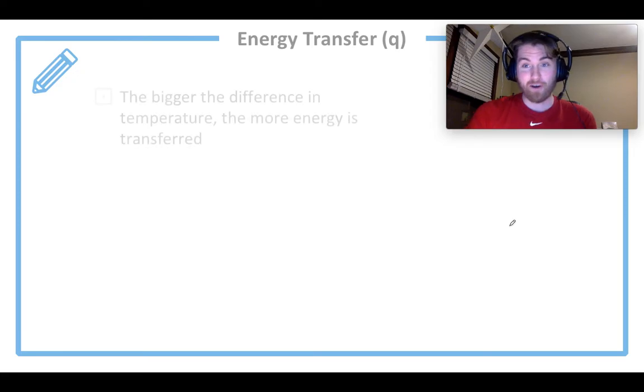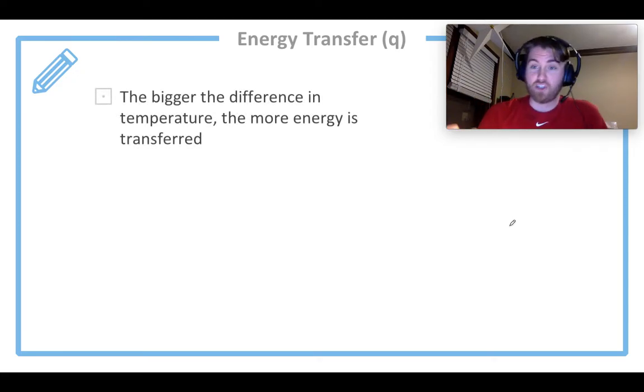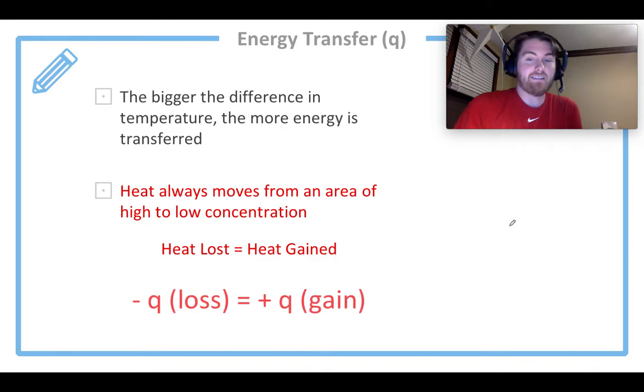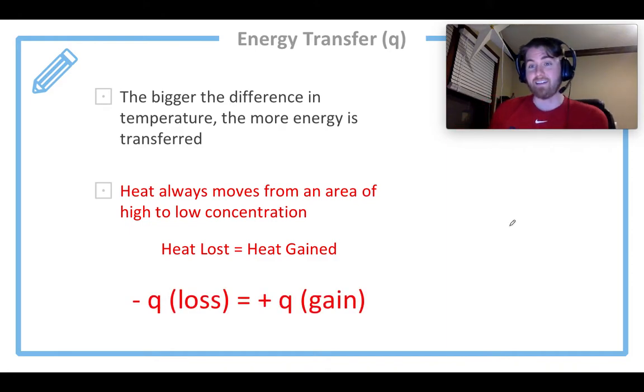Okay. So, if you actually did my experiment, you should figure out that there's a big conclusion to be made. And what it is, is that heat always moves from an area of high concentration to low concentration. Basically, the heat lost always equals the heat gained. So what your experiment is meant to teach you is that that transfer of energy, your body does not like